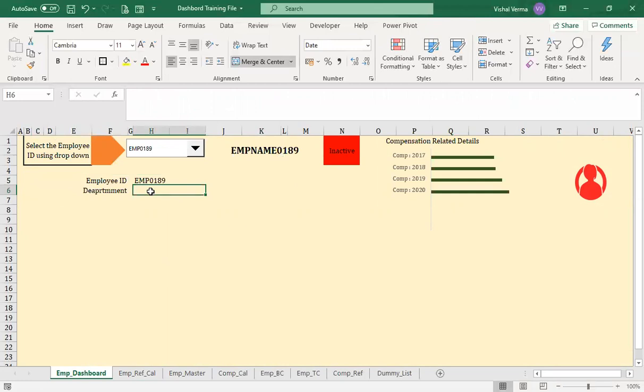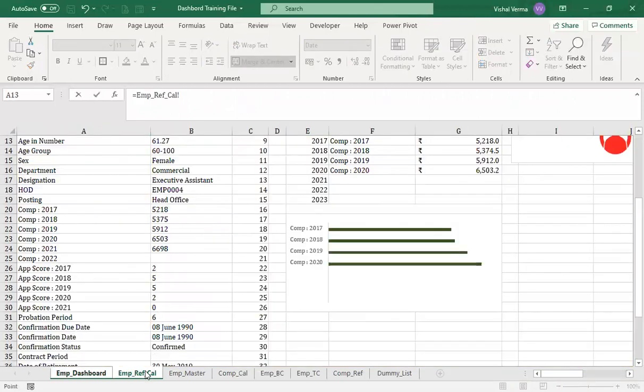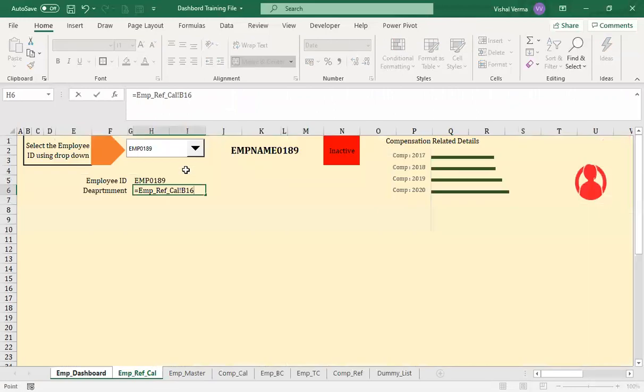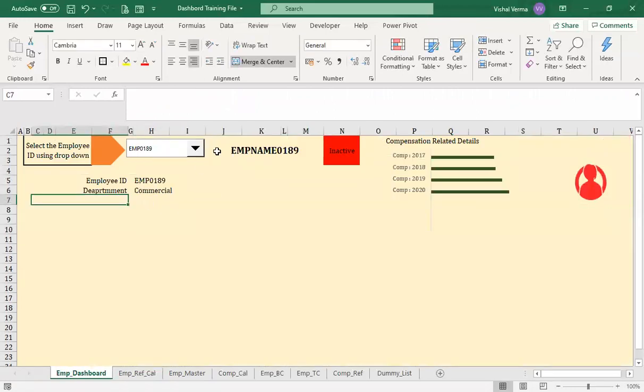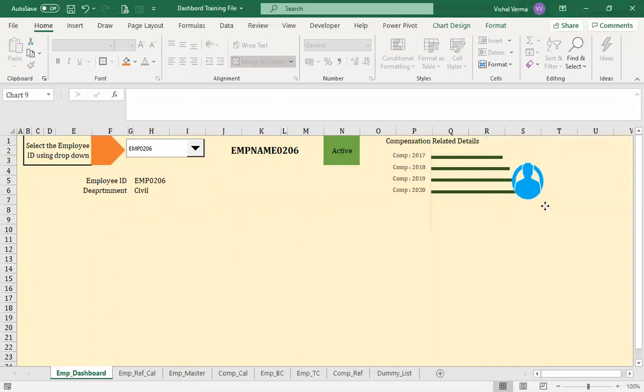Department will be just equal to the department cell, and then we check the value. It is commercial there, and when we change the value, if the person becomes a civil engineer, you need to adjust accordingly.